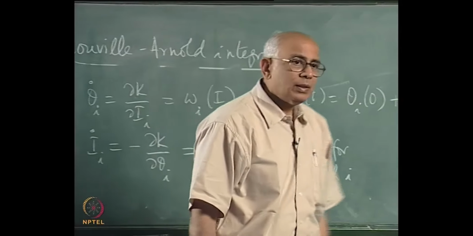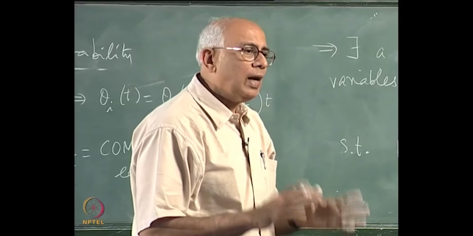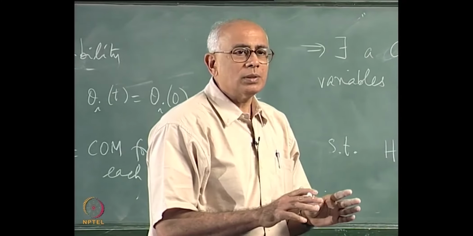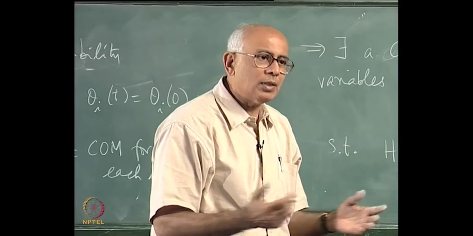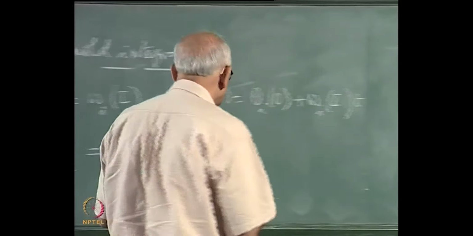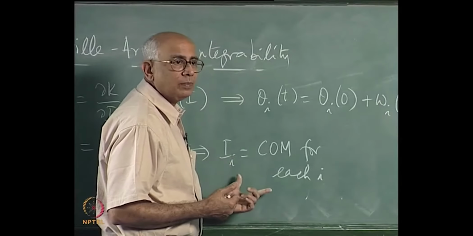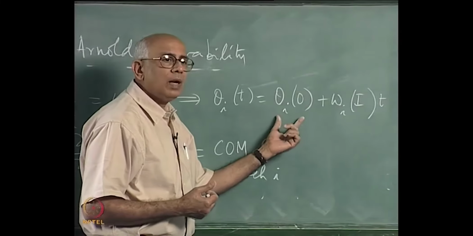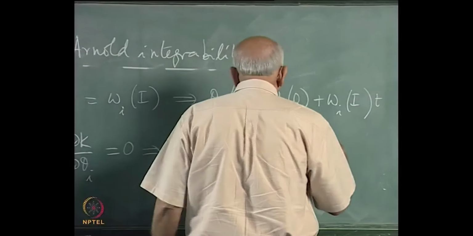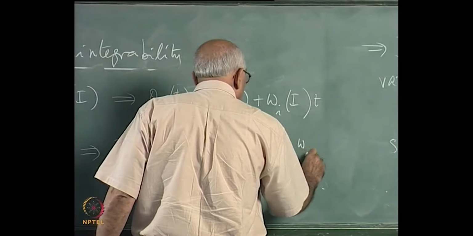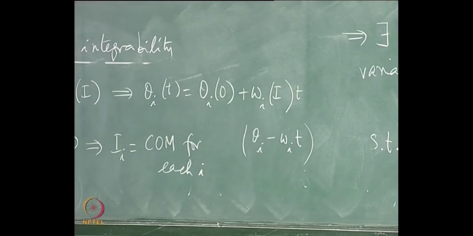So what have we achieved? In the 2n plus 1 dimensional extended phase space, you need to have 2n constants of the motion to specify the motion, of which at least one must be time dependent, so that there is motion as time goes on. n of them are these action variables, they are true integrals of the motion. The remaining are constants of integration, these quantities. This immediately implies that theta_i minus omega_i t is a set of n time dependent constants of the motion,